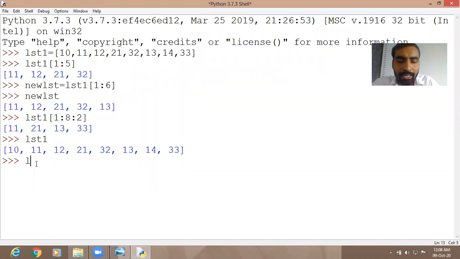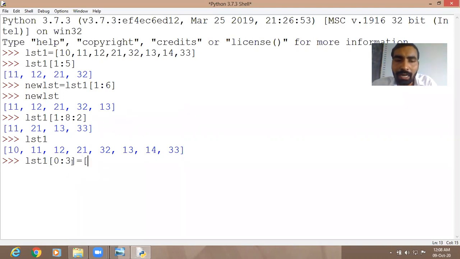Simply you write the list name LST1, square bracket, the starting index 0, colon, the ending index. You want to change up to 12, which has index 2, so we will write 0 colon 3. 3 means 3 minus 1, that is 2. Then close the square bracket, is equal to, and write the new values in the form of a list.